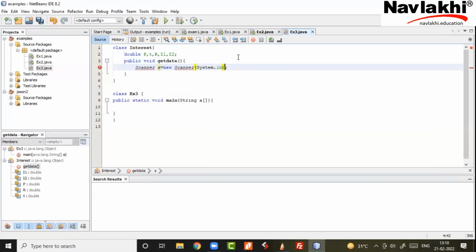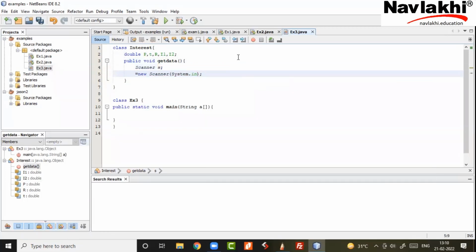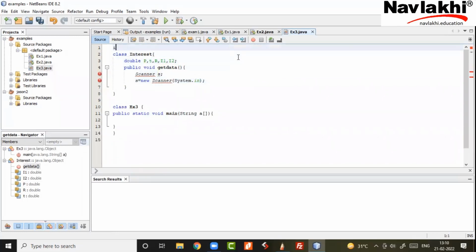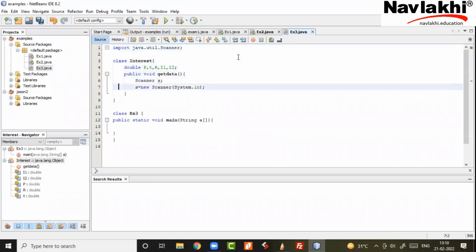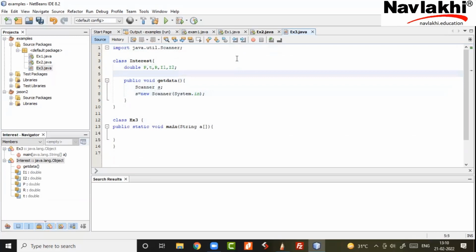Obviously, if you remember the very first program, I said this can be done in 2 lines also. I forgot the import, so it's flashing me there for that. Util.Scanner. Okay, now the question is why didn't I create S outside, like how I did double? I could have done Scanner S out here and not do it out here. It's not wrong. But does it matter where you do it? Theoretically, it matters. Practically, nowadays, it doesn't matter because you have enough RAM.